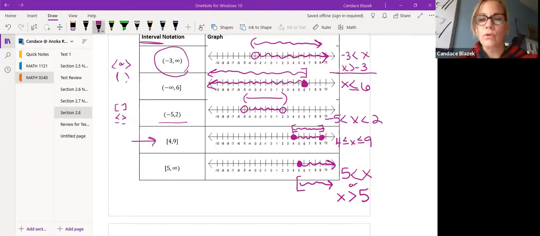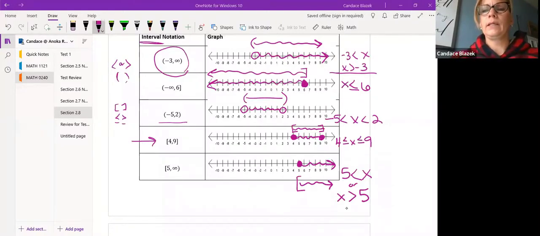word problems moving forward. So are there any questions? Are there any questions about the interval notation, about graphing an inequality on a number line? Okay, well then let's continue. Let's continue. So what we can do with these inequalities